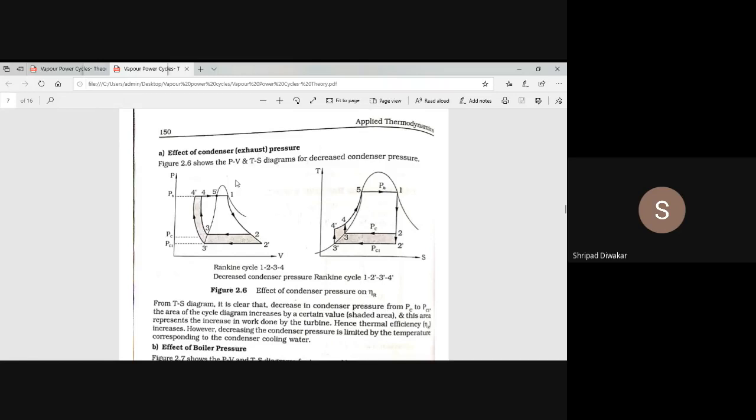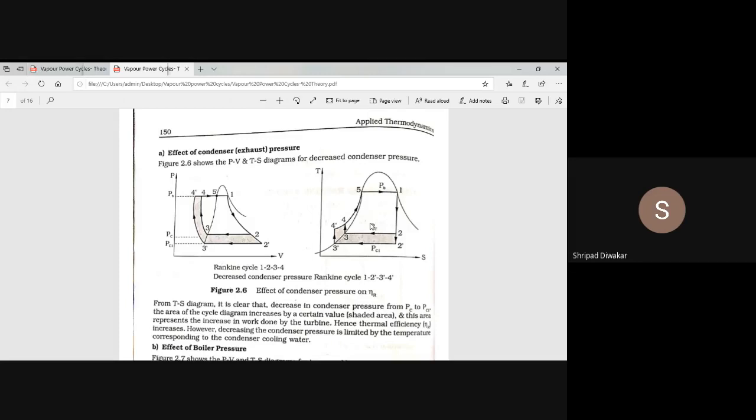First you analyze the PV diagram. First you draw the saturation curve. So 1, 2, 3, 4, 5, 1 is your normal Rankine cycle. When the condenser pressure is decreased, you have to draw two parallel lines, that is the extra thing you have to do. One parallel line 2 dash 3 dash parallel to 2 3, and another line 3 dash 4 dash parallel to 3 4. So this work is over. Now come to your TS diagram. As I said, you have to draw these two diagrams without any mistake.